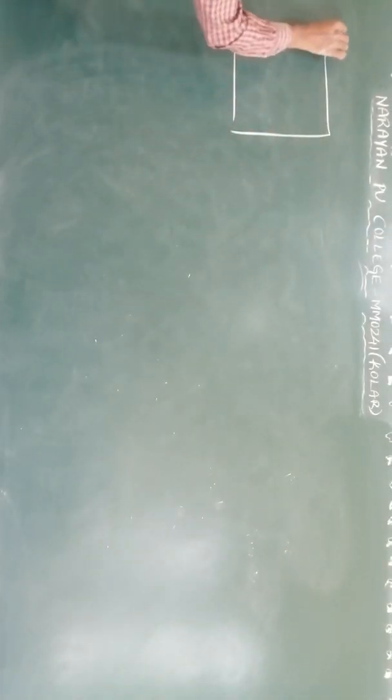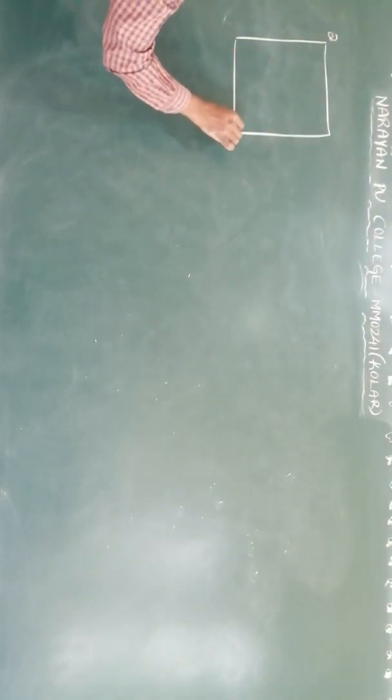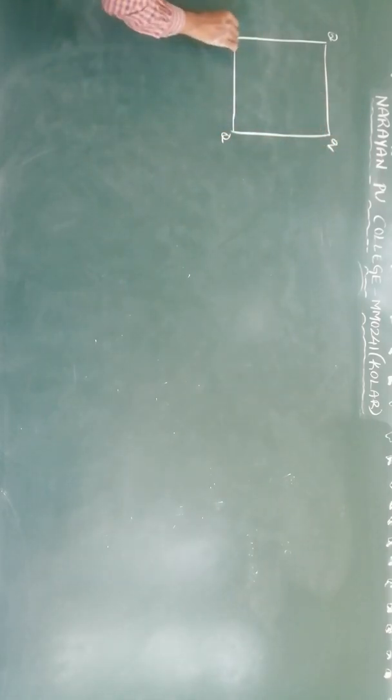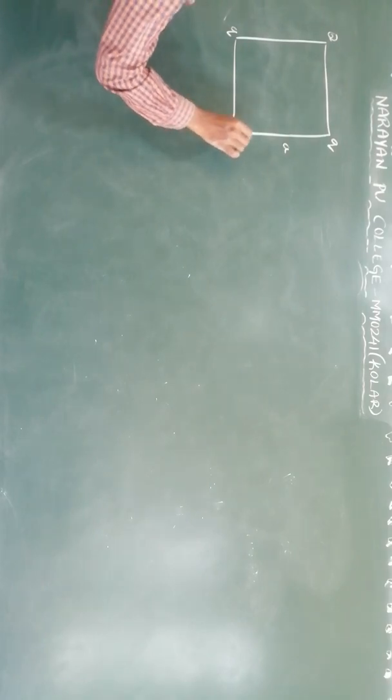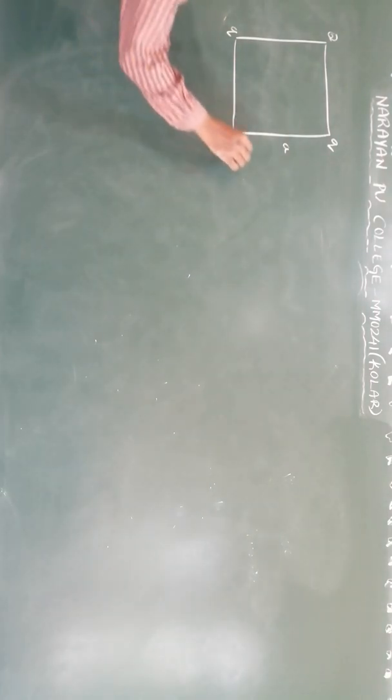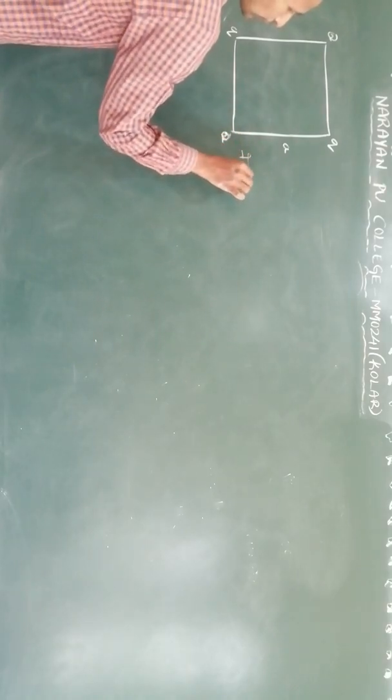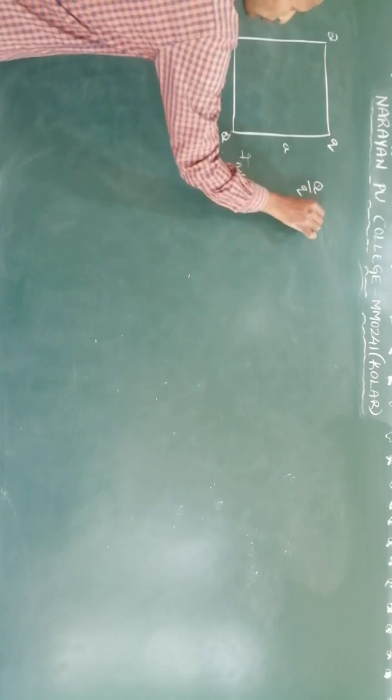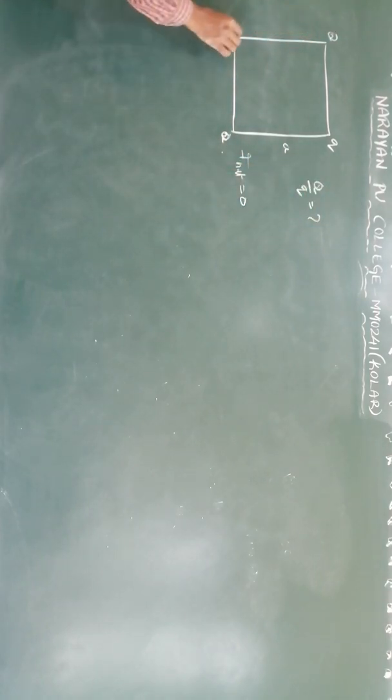So you take a square. Opposite charges are same, Q. This is small q. Side length is A. So the one capital Q experiences net force 0. F net is equal to 0 on this. Then what they are asking? Q by q ratio they are asking. Clear? Now all are positive charges.